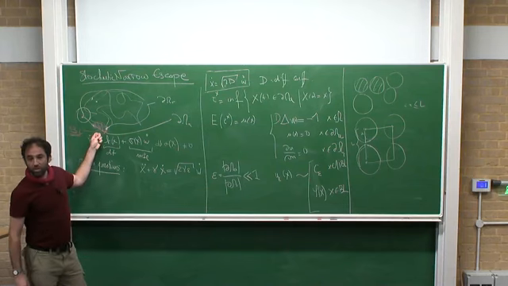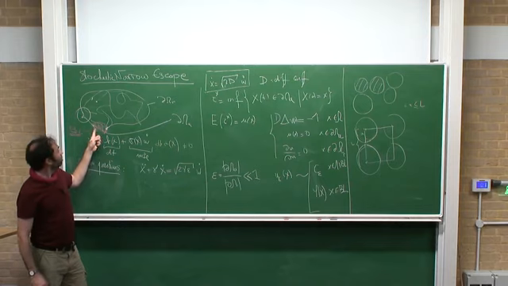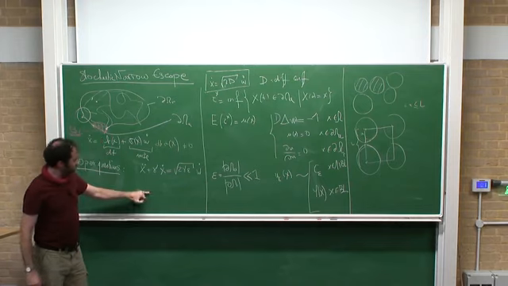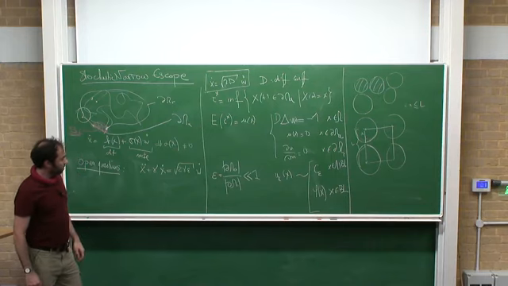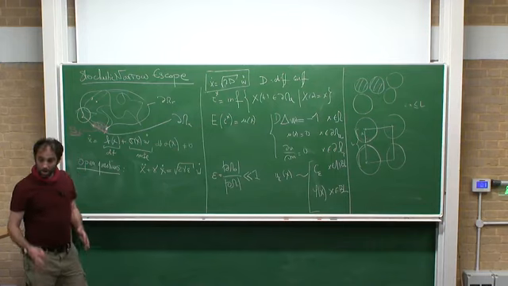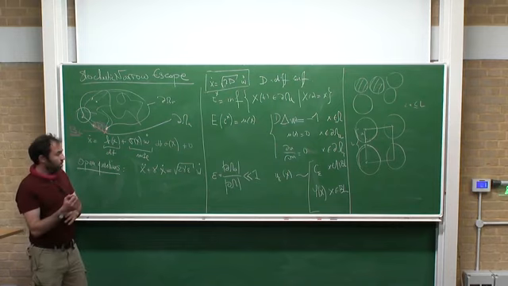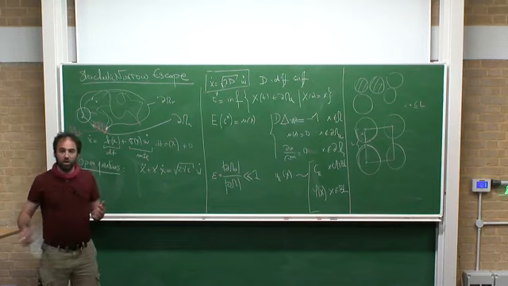What is the mean first passage time? What is the escape time? What is the narrow escape for this? I don't know. Why is it more complicated? Because now you don't have